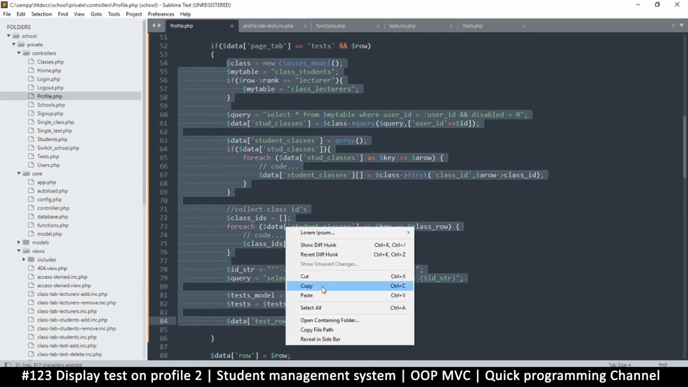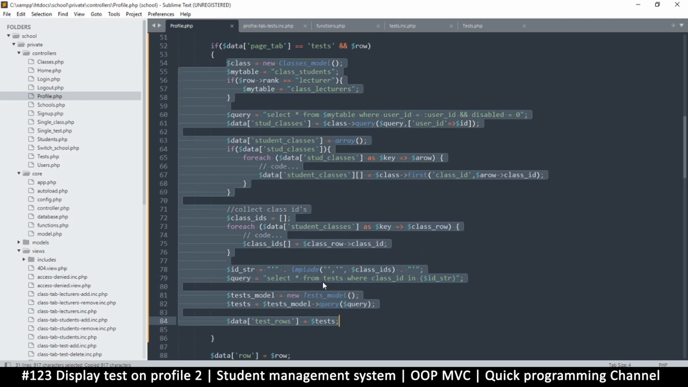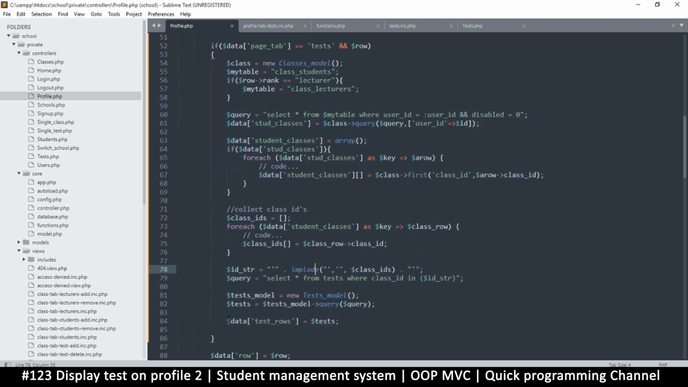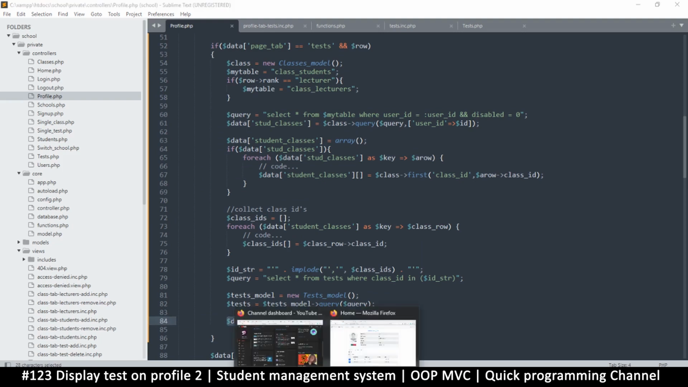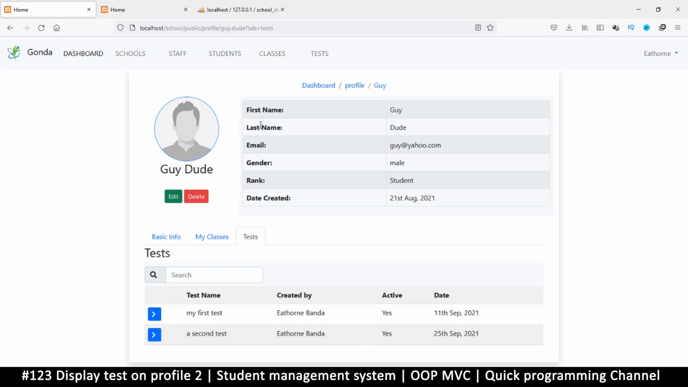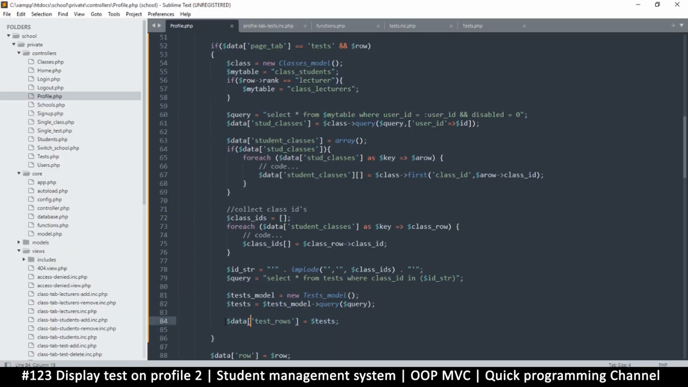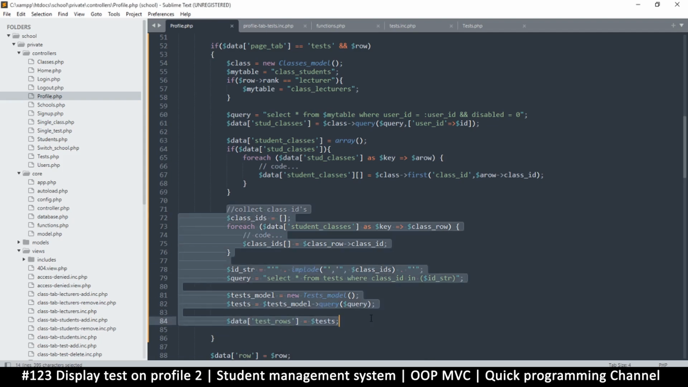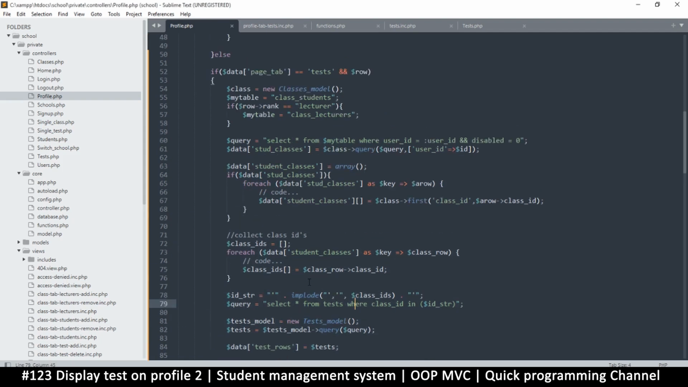Now, what qualifies you to take a test is, for example here, we are returning all the tests that belong to this particular student, right? The ones that he's eligible for. So we know that if the particular test that we are checking for is in here as well, then we know that this user can take the test. So